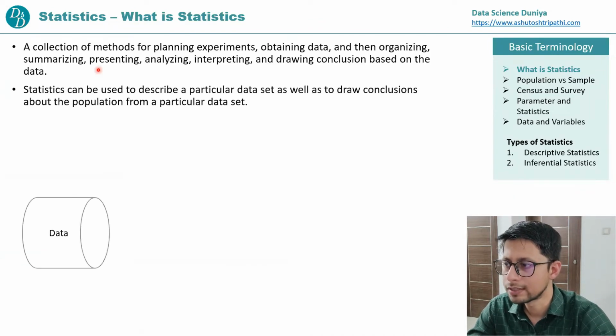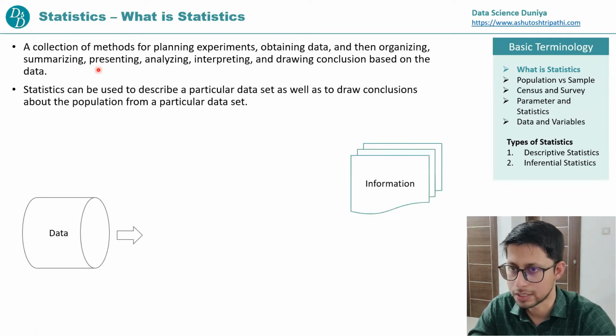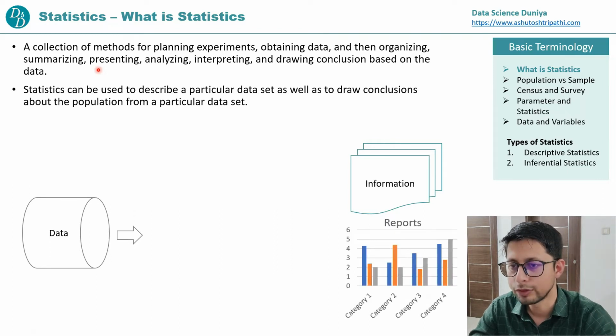Before I come to the definition, let me explain you with the diagram. Suppose you have data, you have raw data, and our goal is to describe that data and come up with some meaningful information. For example, you have employee salary data, and I want to know what is the average salary the company pays to its employees. So that average salary is a kind of information, and in the whole raw data, this information is available. We just need to extract that information, and then with the help of that information, we need to generate some kind of reports,